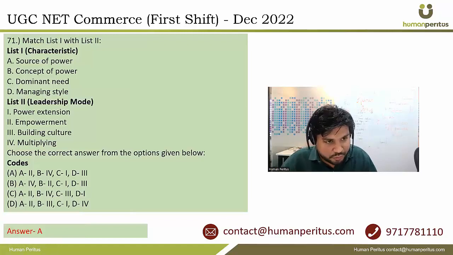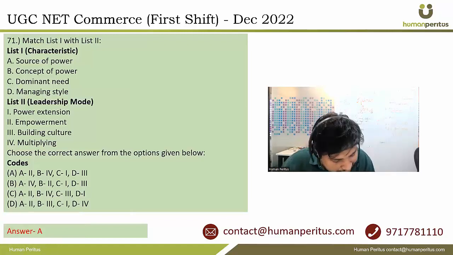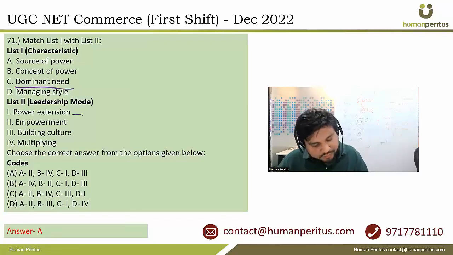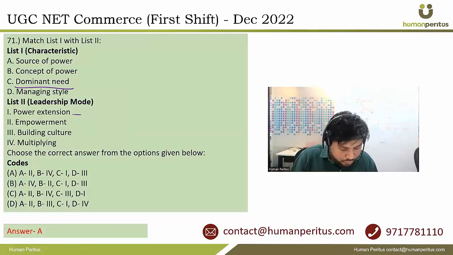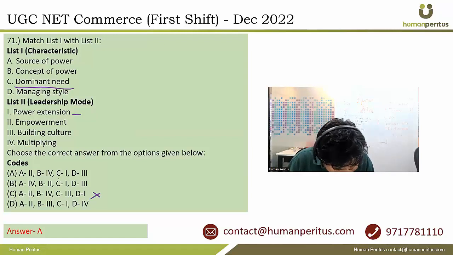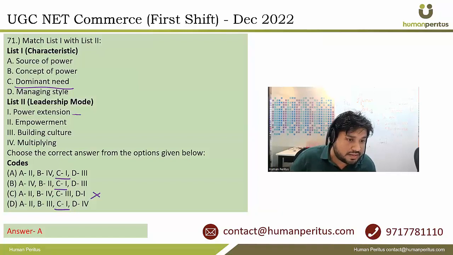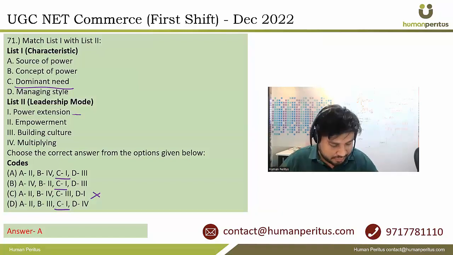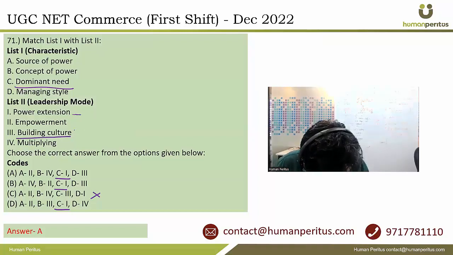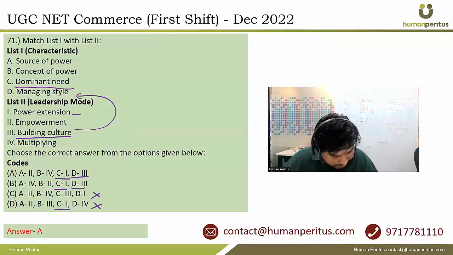ऑप्शन से इसके आंसर तक पहुंचना होगा। जैसे कि डोमिनेंट नीड की बात कर रहे हैं तो पावर एक्सटेंशन से जुड़ गया, पावर एक्सटेंड करेंगे, एक डोमिनेंट नीड है, तो आपका सी का 1 होना चाहिए, तो ऑप्शन ये एलिमिनेट हो गया, सी का 1 है। इसी तरीके से अगर आप मैनेजिंग स्टाइल कर रहे हैं तो बिल्डिंग कल्चर कर रहे हैं, तो ये कैरेक्टरिस्टिक किसका है? मैनेजिंग स्टाइल है ये। ठीक है। तो बिल्डिंग कल्चर का कैरेक्टरिस्टिक्स है मैनेजिंग स्टाइल, तो डी का 3 हो गया, तो आपका ये ऑप्शन भी कट गया और ये रह गए।